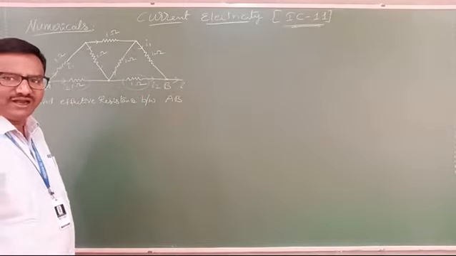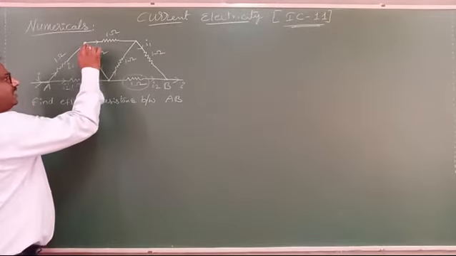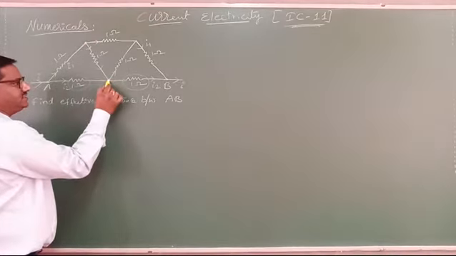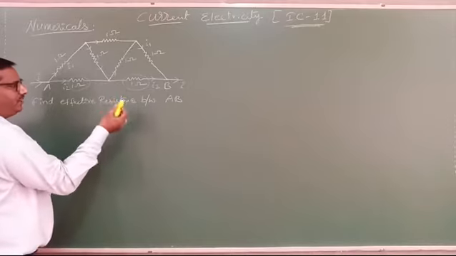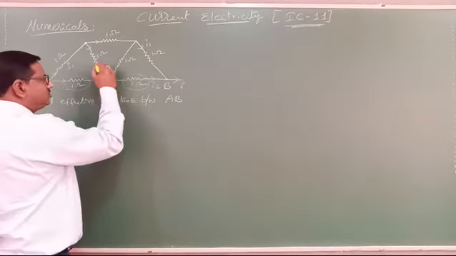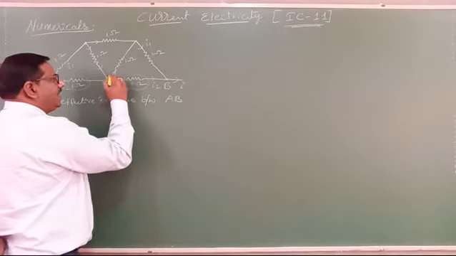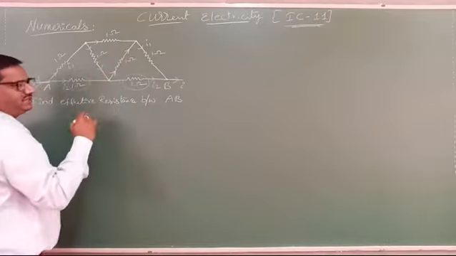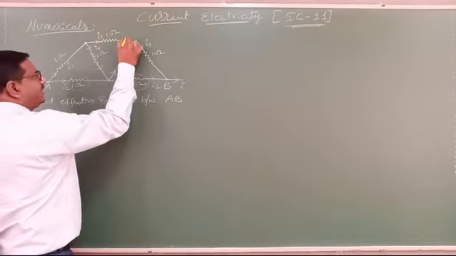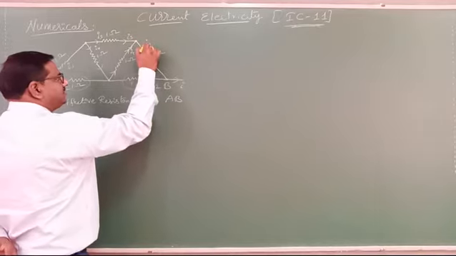Why am I telling all this? It is nothing but symmetry. The current splits here, I1 splits into two. The same current is here at the junction, but what we need to remember is that across these two the current remains the same. So the total current that is split flows again in this direction. Suppose here it splits as I3 and I4; again I3 and I4 add up as I1, the same.